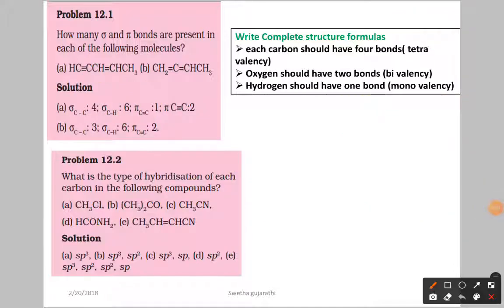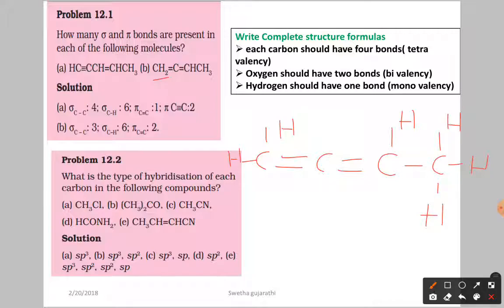Next, the second one, let us see about this molecule. This is the carbon having two hydrogen atoms, first carbon, then after that we have the double bond, again a double bond, and after that we have the CH, then CH3, with three sigma bonds. Now first count the carbon carbon sigma bonds. This is first sigma, second, third. So we have three carbon carbon sigma bonds.